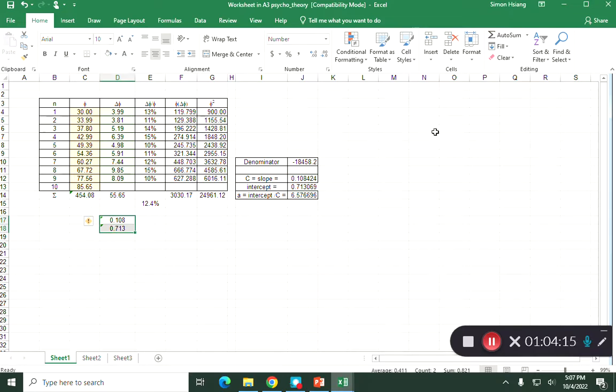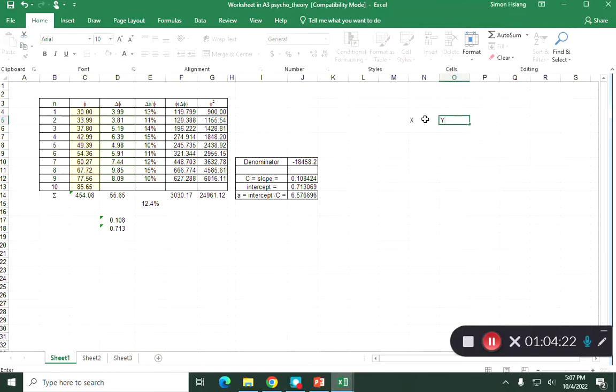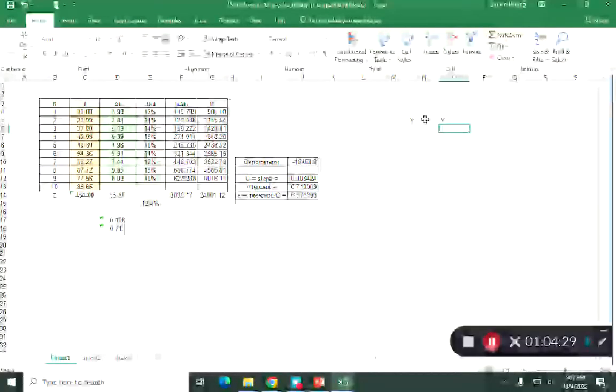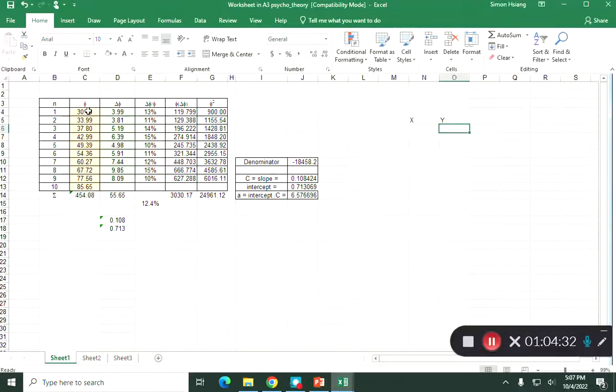Here, before I go, let me ask you this. If I give you a bunch of X and a bunch of Y, can you figure out their regression? Y equal to AX plus B. Can you do it by yourself? Am I doing anything different from that? No. Delta phi is your Y, phi is your X. Agree? Okay? So I would like you to do it using Excel,